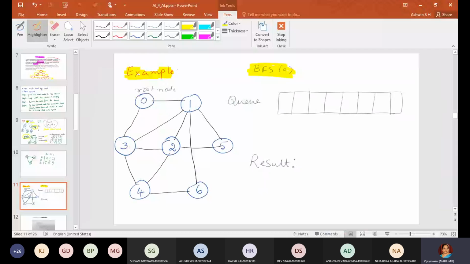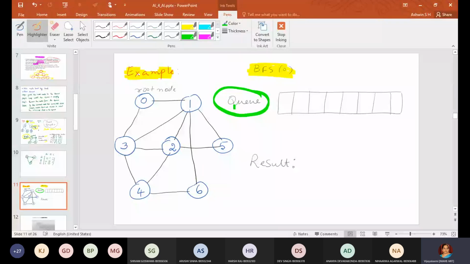Okay. Now let me explain to you. I hope you have taken down this graph. This is undirected. I have not put any arrows here. It will be simple. I'll just tell you the steps. So, how does this BFS algorithm, breadth first search algorithm, work? One thing you must remember is that BFS makes use of a queue.